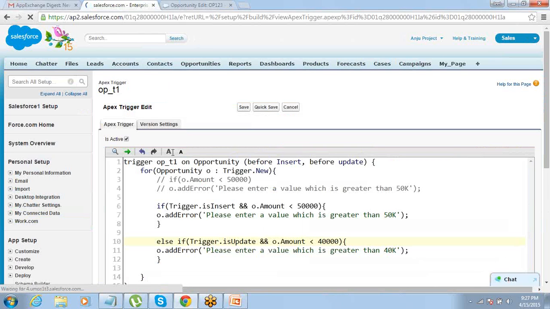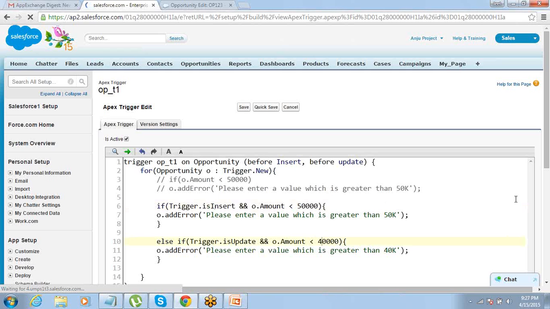So here we are using these context variables, Trigger.new, Trigger.isInsert and Trigger.isUpdate. You can use other context variables also, like Trigger.isBefore if it's a before trigger, then do this, or if it's an after trigger. Trigger.new and Trigger.old are used for getting the data in context. Trigger.isInsert, isUpdate, isDelete are used for checking what operation we are dealing with and performing the action based on that, right? So that's how we define a trigger and use it.